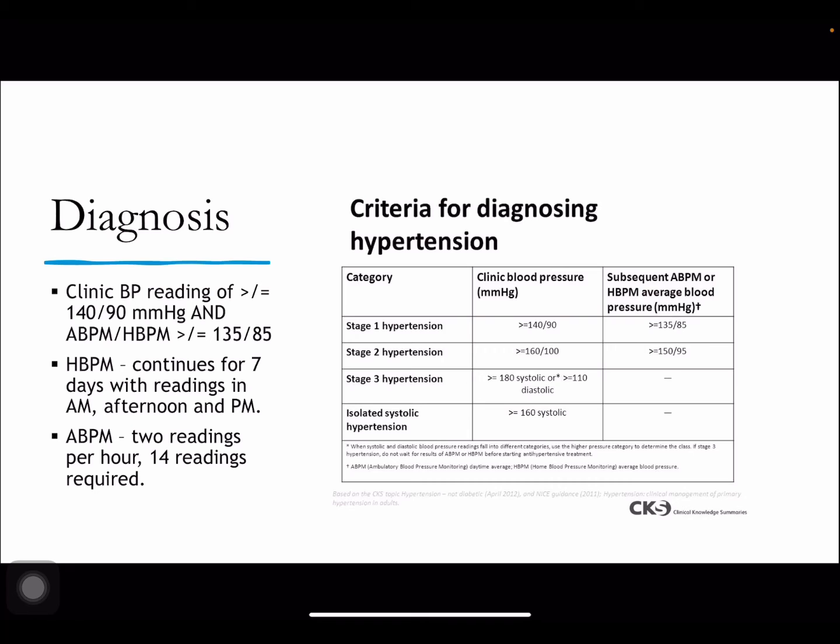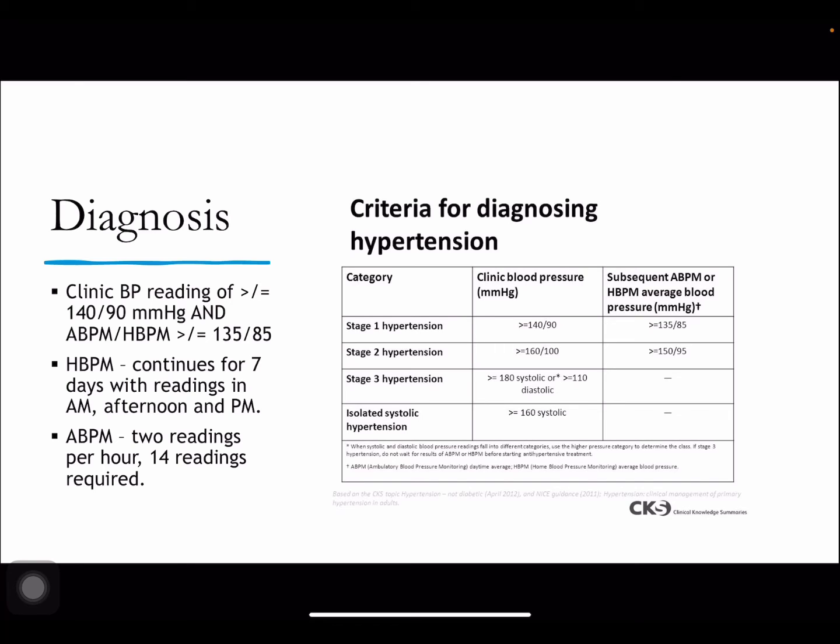NICE gives us quite an easy way to look at things, and we're going to split blood pressure diagnosis into stage 1 in one camp and then stage 2, 3, and everything else in another camp. Stage 1 hypertension is diagnosed by a clinic blood pressure reading, firstly, of 140/90. Now, that's not just one reading, but it's 1, 2, and 3, ideally in a single setting,